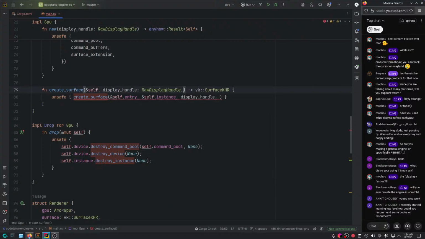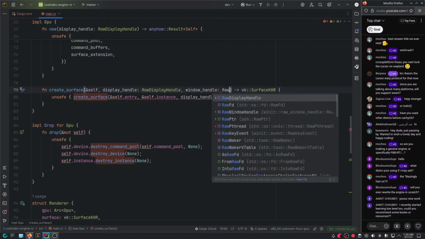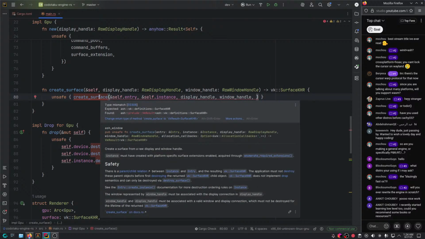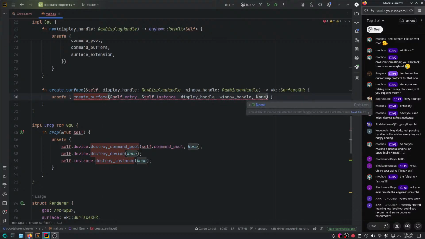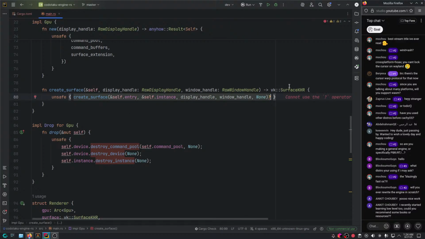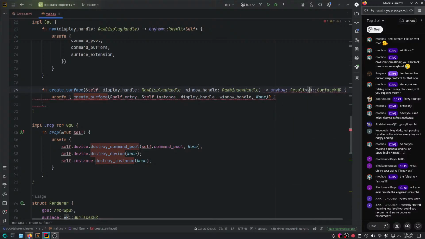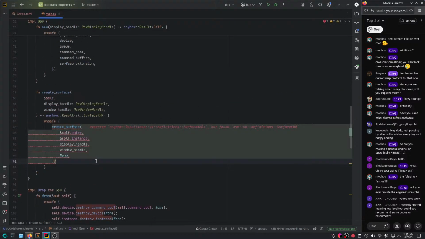So the window handle. I believe from the window handle you could probably grab the display handle, though I could be wrong. Window handle, and what's next? Display handle, window handle, allocation callbacks, which is gonna be none, and well, this is gonna be like an anyhow result of vk::SurfaceKHR. Here we go.